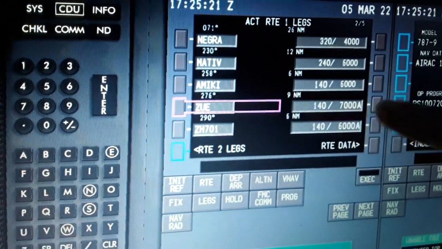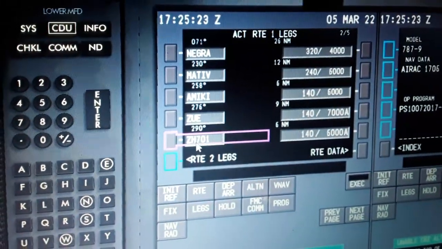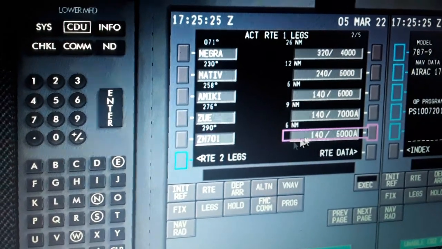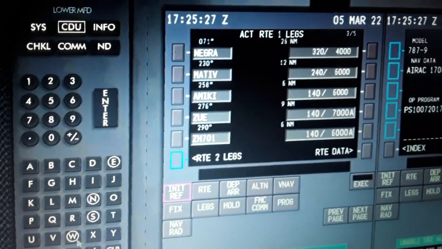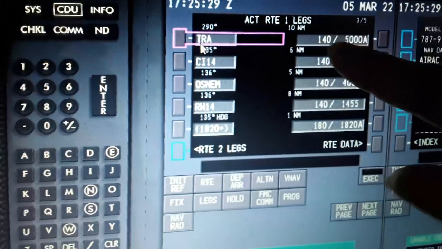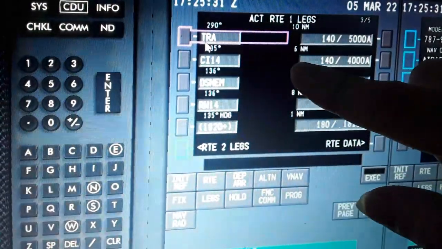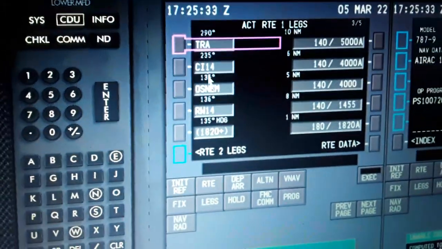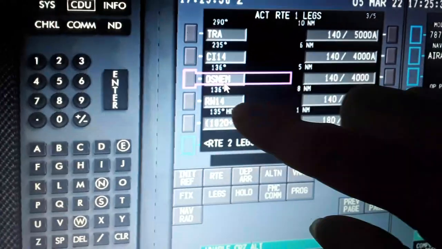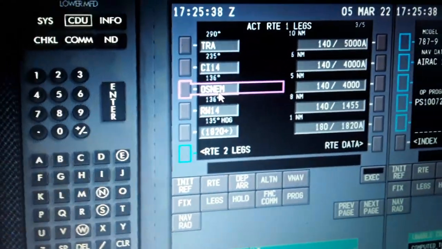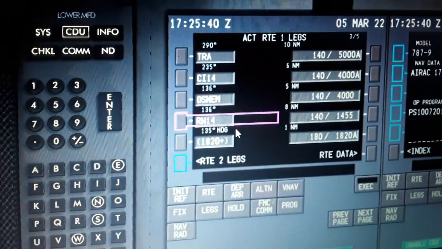From Amiki 140 knots, 7000 alpha, ZH Zurich 701, 6 nautical miles, 146,000 alpha. TRA 140 knots, 5000 alpha, CI 144,000 alpha, Osnem 144,000, runway 14, we make a left turn here, 8 nautical miles